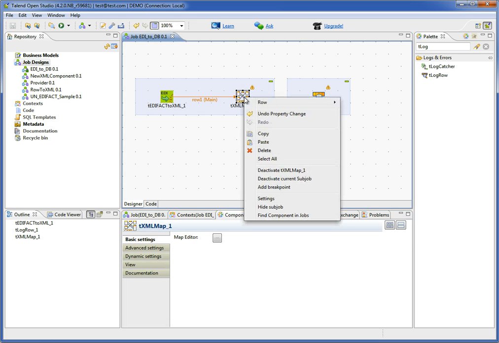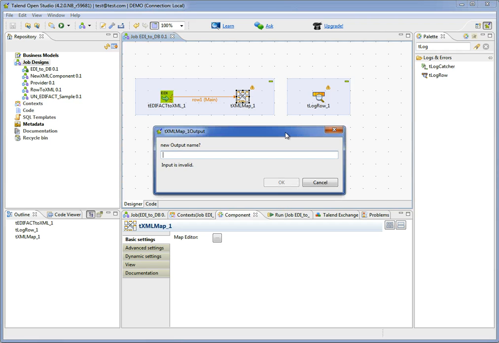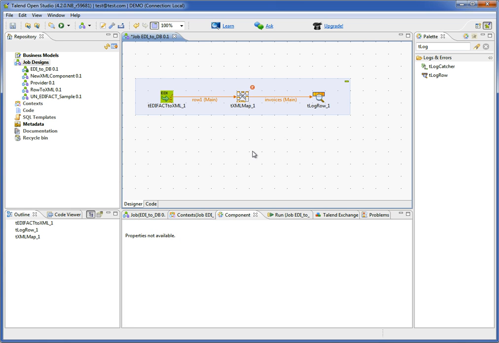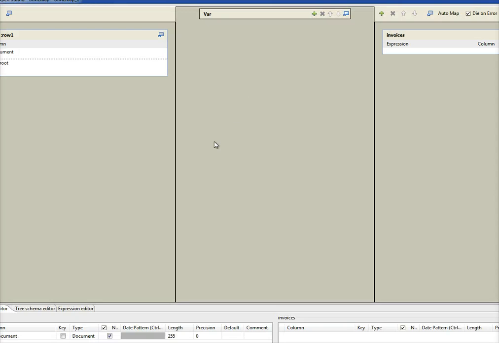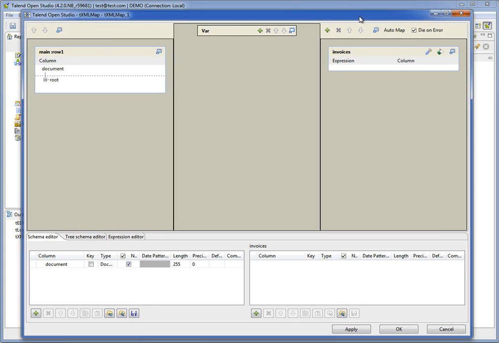Now we will create a new output here, which will be invoices. And these invoices will have some data inside it, but we will define it later. So now we have our tXMLMap. It's a bit large. I will just make it smaller. Yeah, there we go. And here you see we don't have any meta information right now, but I have a